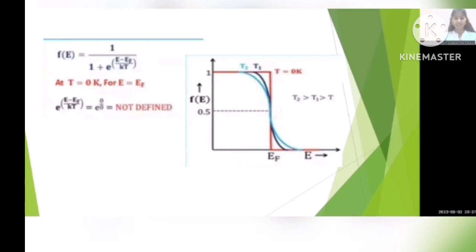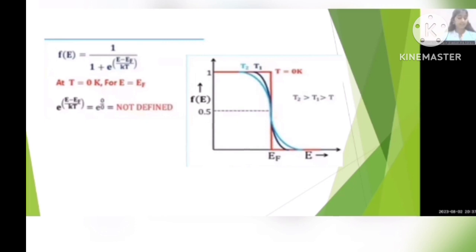Now at 0 Kelvin temperature, we can't define the probability of occupancy level. But for temperature greater than